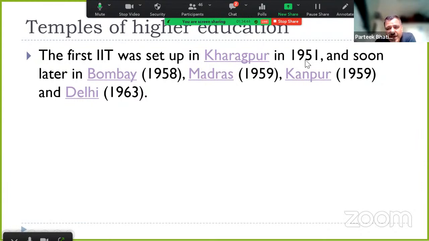IIT खड़गपुर 1951 में बना दिया गया. IIT Bombay created in 1958, IIT Madras 1959, IIT Kanpur 1959 और IIT Delhi 1963 में. आजादी के 15 साल बाद हमने ये सारे टेम्पल्स ऑफ एजुकेशन के खड़े कर दिए थे, और आज की डेट में भी हर अच्छे स्टूडेंट्स की जो फर्स्ट प्रेफरेंस है वो यही टेम्पल्स ऑफ एजुकेशन है. हम सोच सकते हैं कि आज की सो कॉल्ड मॉडर्न जनरेशन इनमें एक इस तरह का टेम्पल रेप्लिकेट नहीं कर पाई, but these great people just set up these institutes of excellence